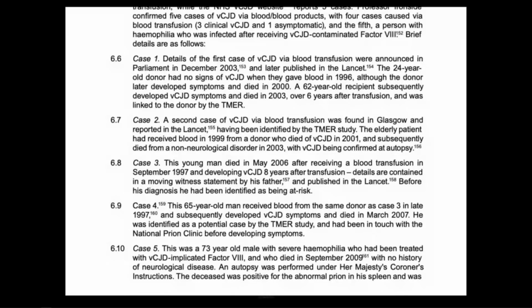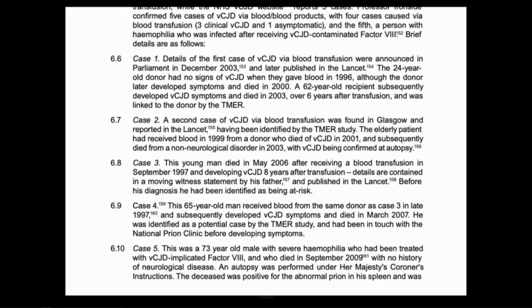And then case 4 is a man who received blood from the same donor and also developed VCJD symptoms and died. And then case 5 is the one of the 5 cases which was haemophilia related, severe haemophilia, and positive for the abnormal prion discovered on autopsy. So those are the 5 known cases about which you are able to be confident that those were related to